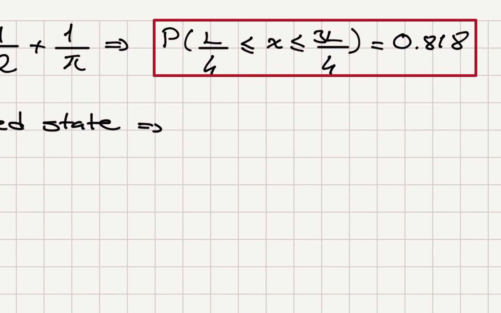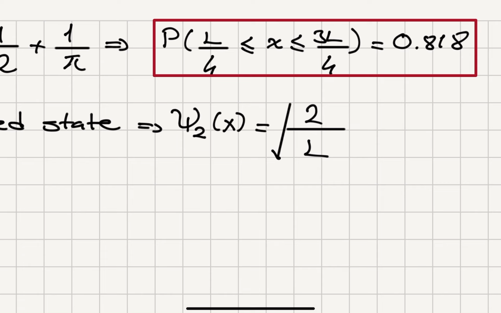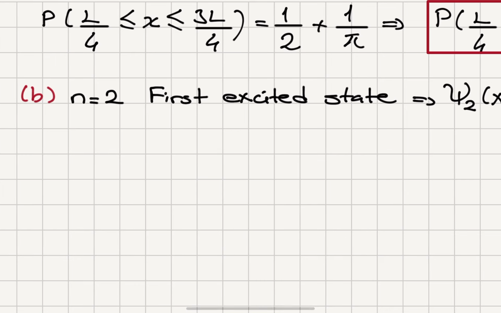Psi 2 of x is given by square root 2 over L sine 2 pi x over L. Now this probability, x between L over 4 and 3L over 4,